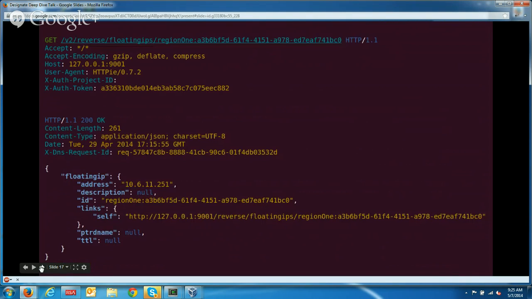This is what a floating IP looks like when a user gets it for the first time. So it has the address, any description, and then the ID. This is what a floating IP looks like without any pointer set in it or any TTL. So if you go to the next slide,